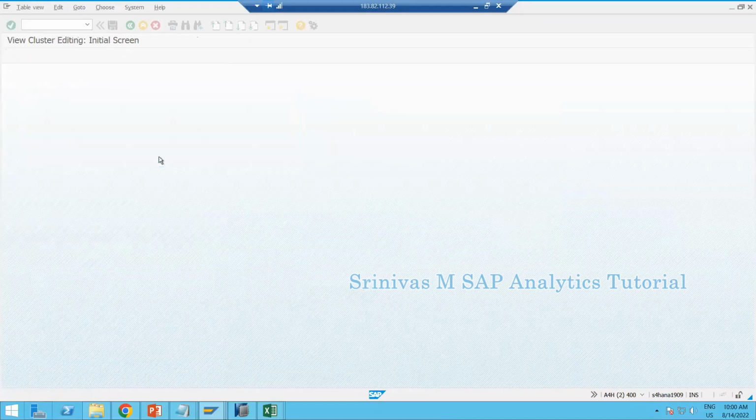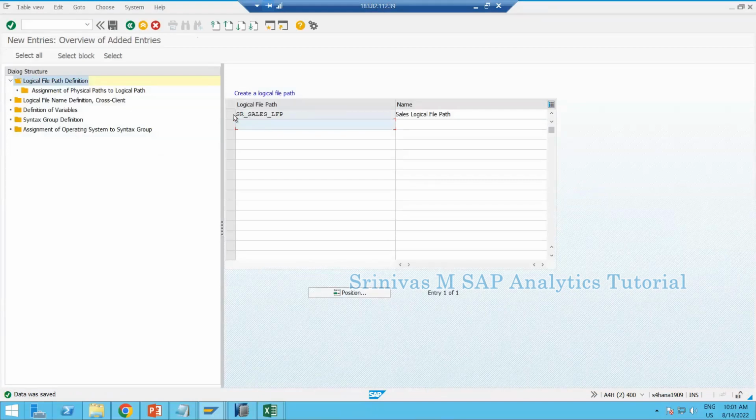Okay, it is asking for TR. Give the TR. Now select this particular line and double click on this assignment of physical paths. Important: without selecting the line, if you double click, nothing will happen. You have to select this particular line here and then select the assignment of physical paths to the